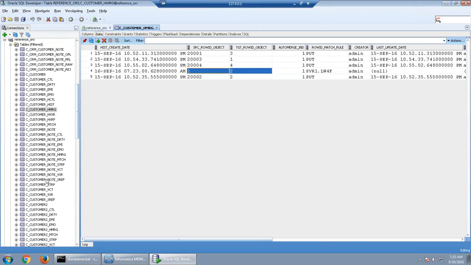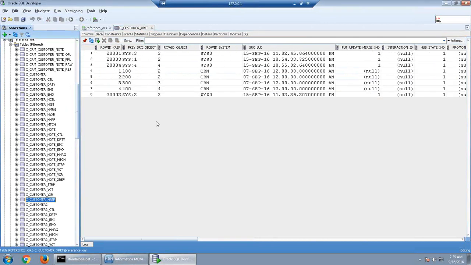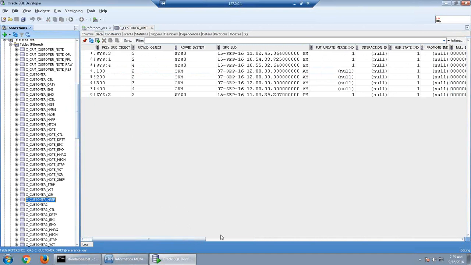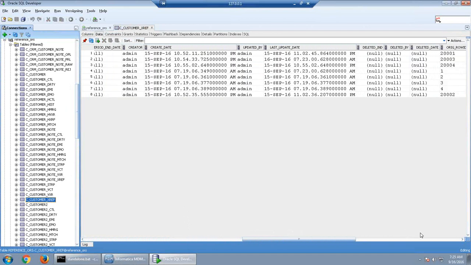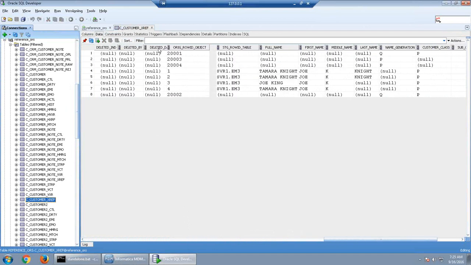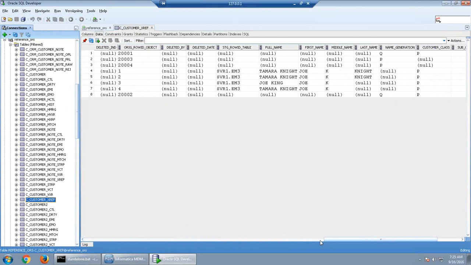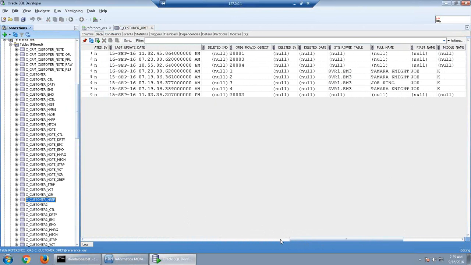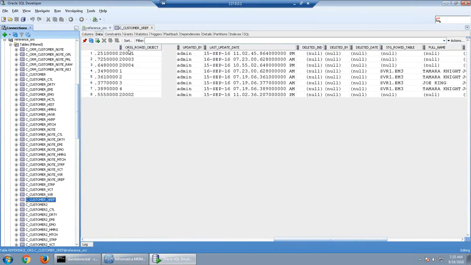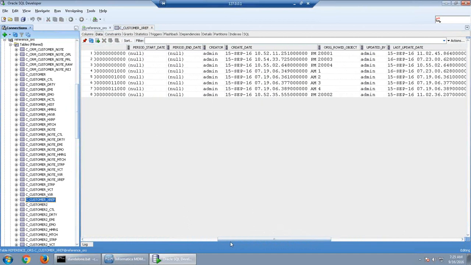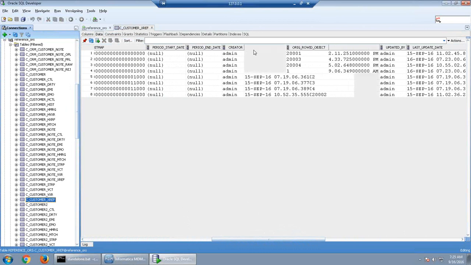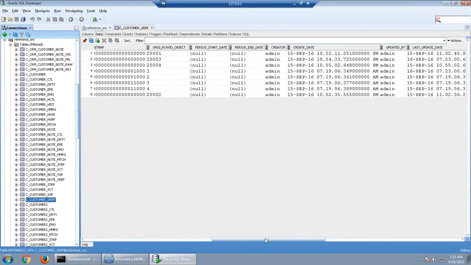The same thing we can see in the cross reference table also. Because we have run the auto match and merge job, it is showing some extra things here that I will explain later. As of now it will be a bit confusing, and we will be discussing this merge later also. I am just showing you that the records are getting matched, so we can easily identify which record has matched into which record.